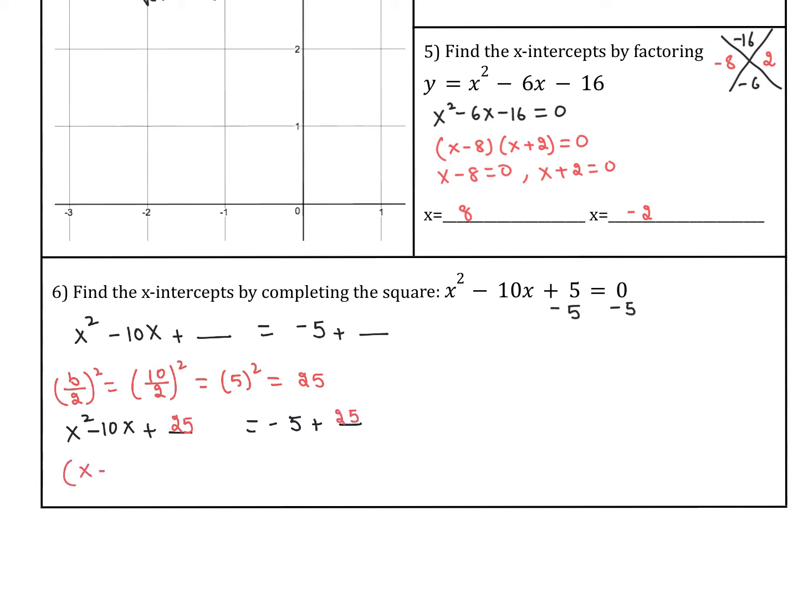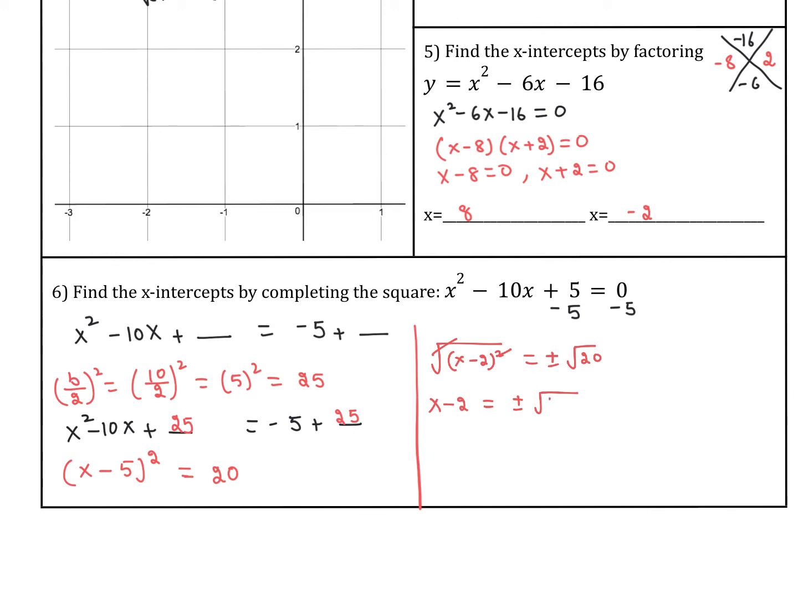This can be written as x minus 5 squared, a binomial square, equals negative 5 plus 25 is 20. Now to solve for x, you're going to remove the square. So you're going to take the square root on both sides. And you get plus or minus square root 20. Square root and square cancel. X minus 5 equals plus or minus